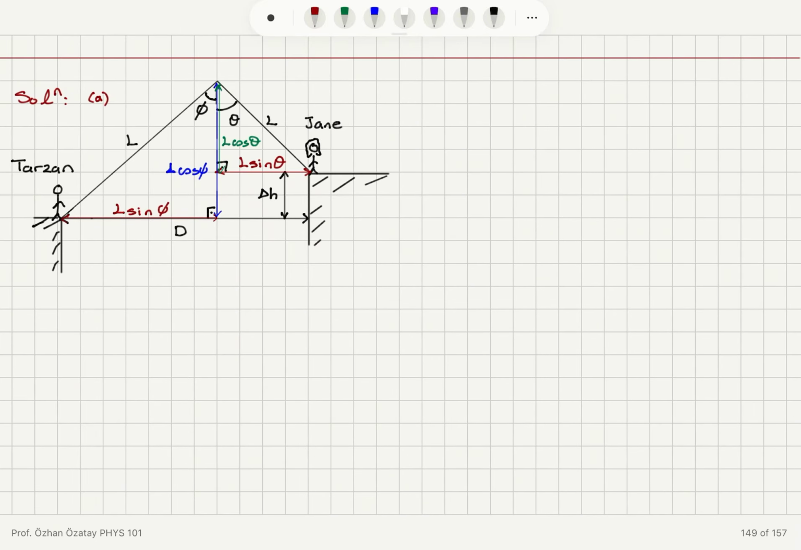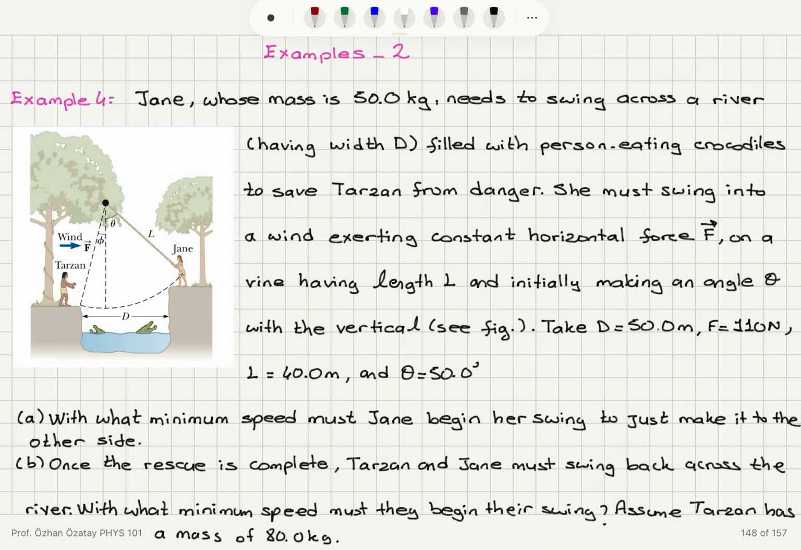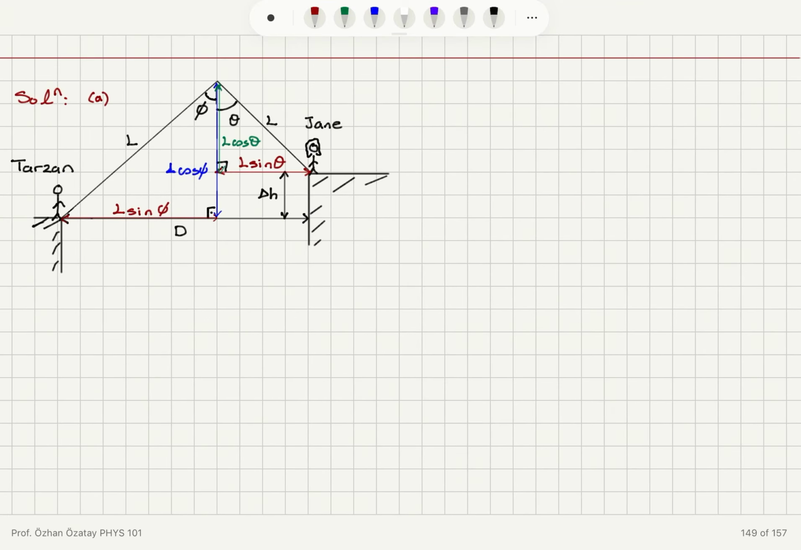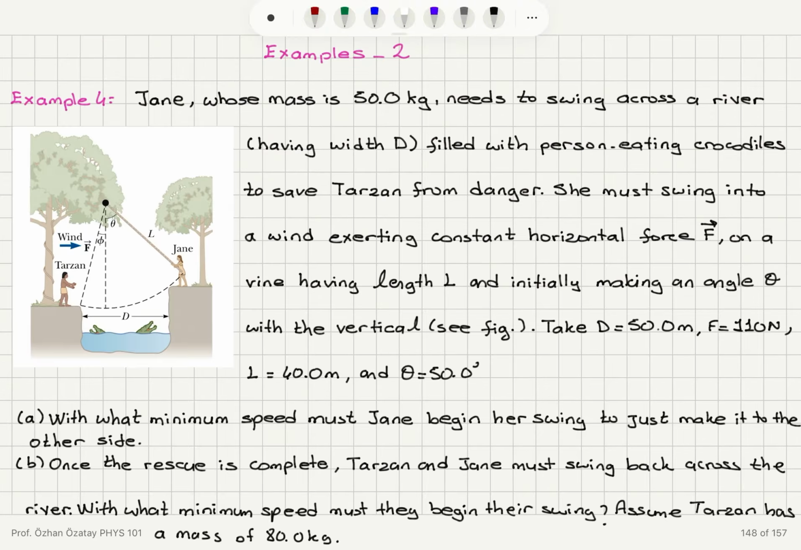Now, we can see this situation here. Here is Jane at a height h with respect to Tarzan. This is delta h according to the figure. This is L, the length of the string, so we're going on the circular arc in order to save Tarzan. The initial angle with the vertical is theta, so this distance is L sine theta, this distance is L cosine theta. And if we have an angle phi